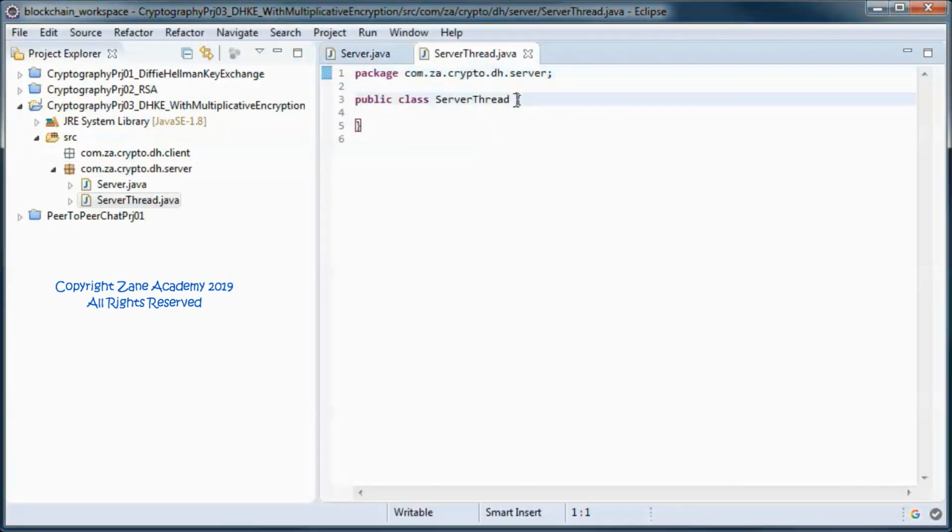The server thread will extend from Thread.